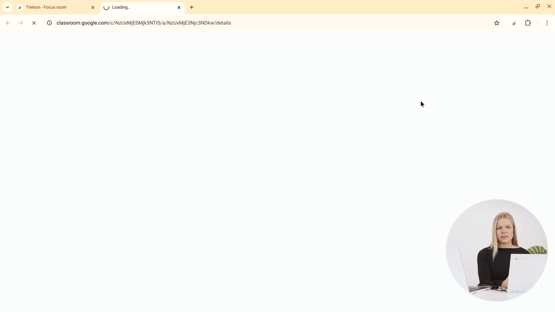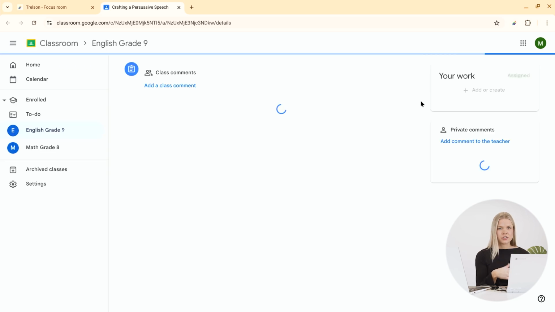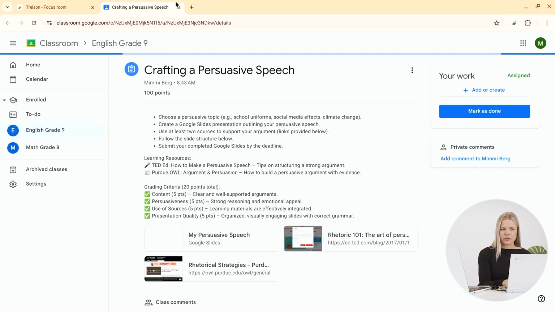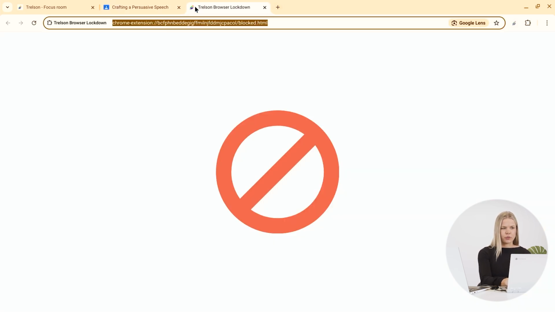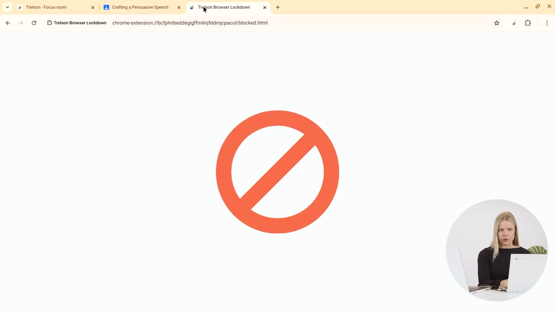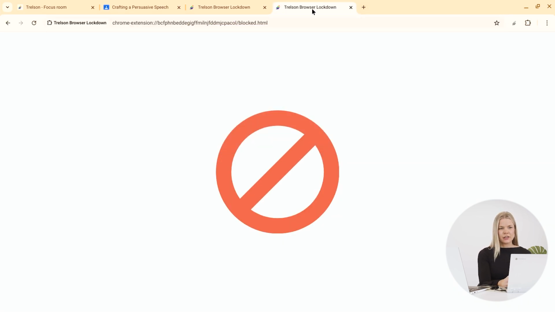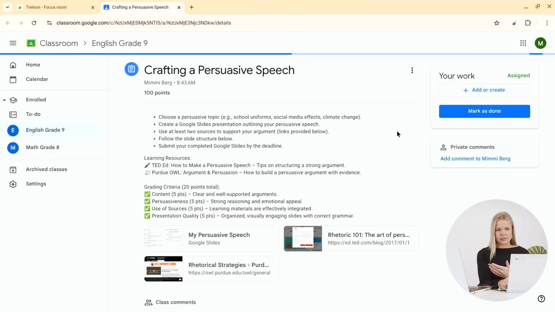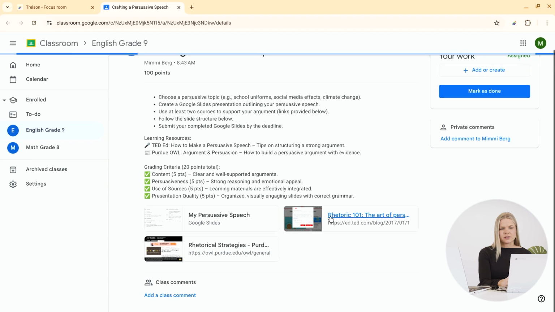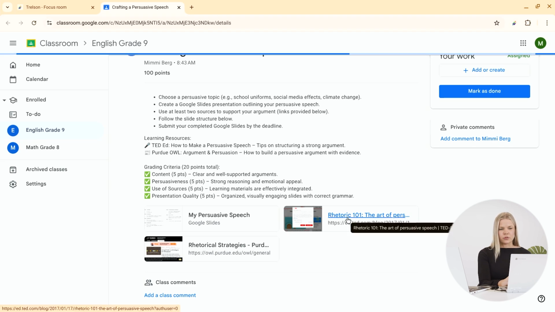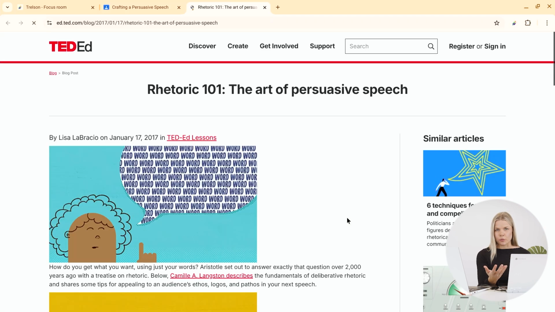So for this resource list, I can see that there's a classroom assignment here. And if I click on it, I will be able to join Classroom and see the instructions and everything. But if I don't want to do that, and maybe I want to go over and try to open Snapchat instead, I'm blocked. All right, YouTube. No, I'm blocked. So I can't access anything other than what my teacher has said is allowed. And as you can see here, the teacher has inputted 2 different website links. Let's see if those work.